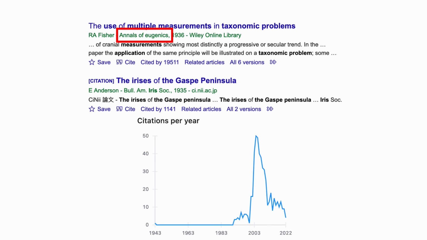And this is a very controversial part of the history of Ronald Fisher, which is to say that he was a proponent of eugenics, which if you don't know what that is, you can look it up, but basically it's a very racist way of trying to say that certain races of people are smarter or better than others. And so today it's completely considered a pseudoscience, and a lot of really bad people in history were proponents or users of eugenics, and they used it to do really bad things.